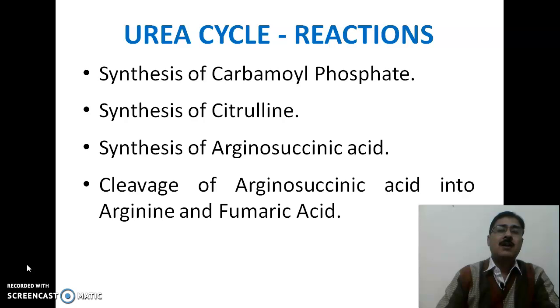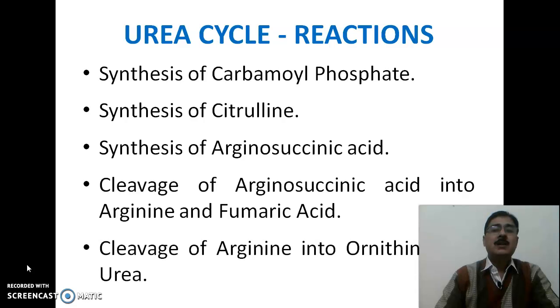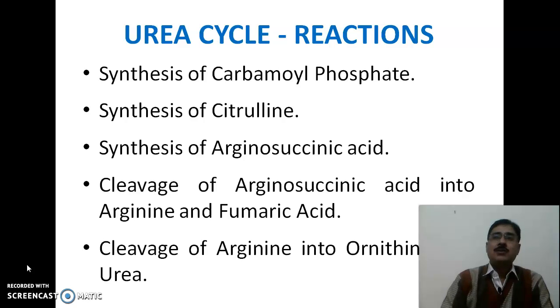Arginosuccinic acid and arginine both are 4N compounds. It means they have 4 nitrogen atoms, while citrulline has 3. Then cleavage of this arginine into ornithine and urea. So ornithine has 2 nitrogen atoms, while urea has also 2. Citrulline has 3. So if we look at all these steps, पहले चरण के अंदर कार्बामिल फॉस्फेट का निर्माण होता